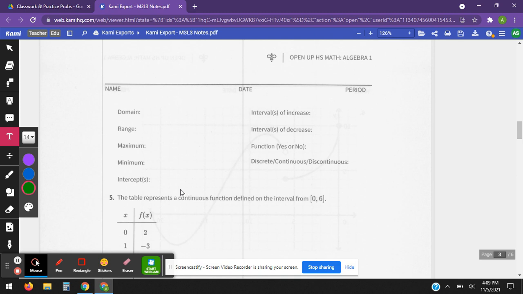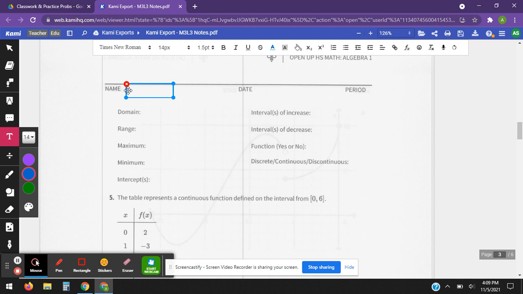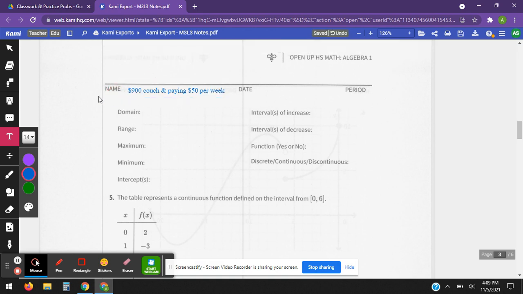So if we look at this, I'm just going to rewrite this up above. Let's change our colors again. We have $900 couch, and he's paying $50 per week. Okay, so that's kind of our information that we can remember for this. So what that looks like, if we were to draw a graph of this,